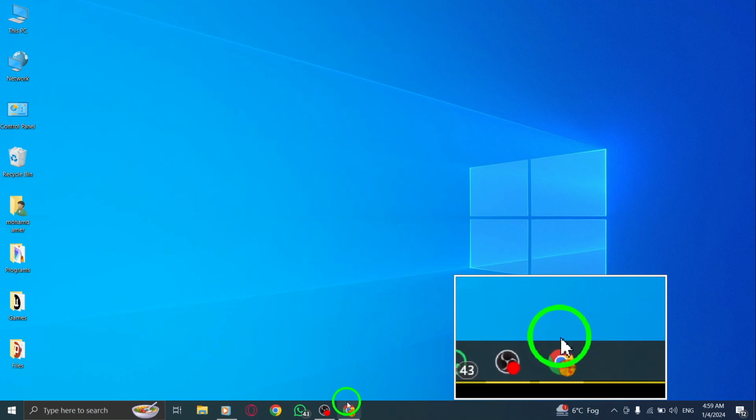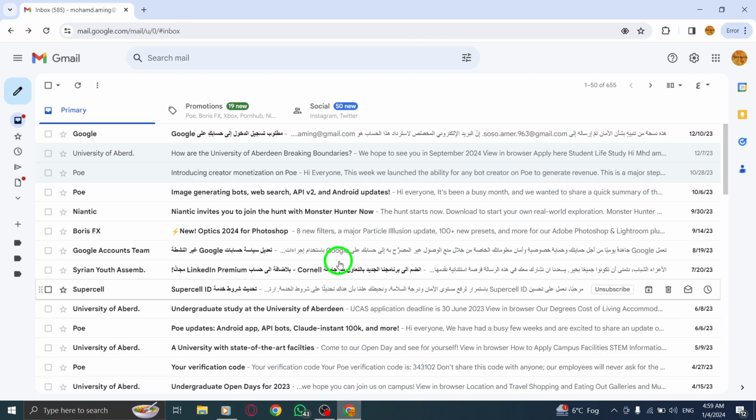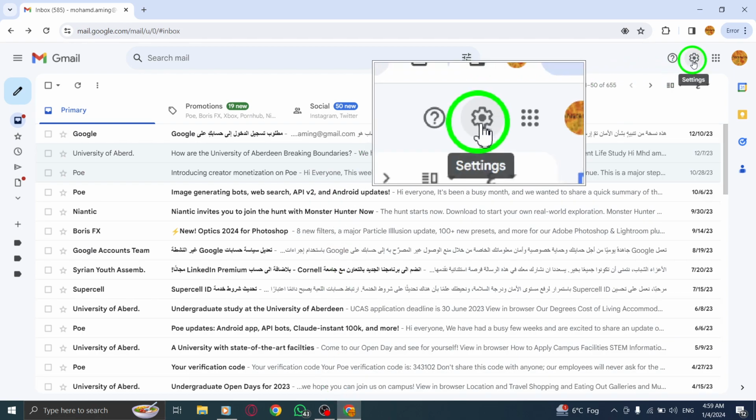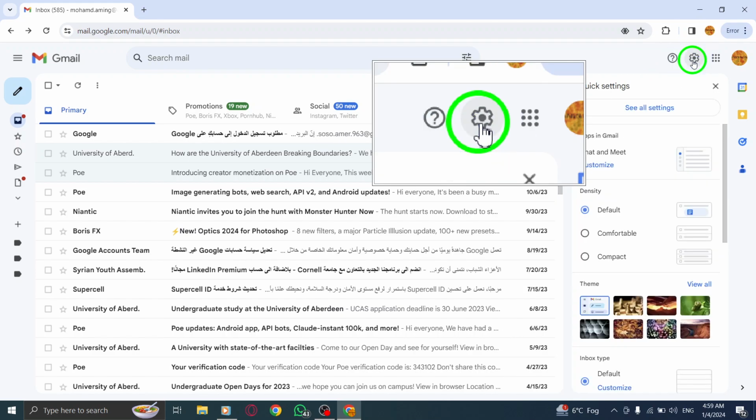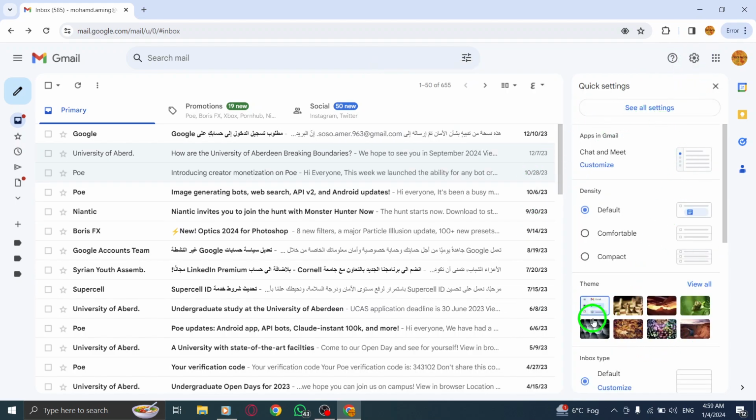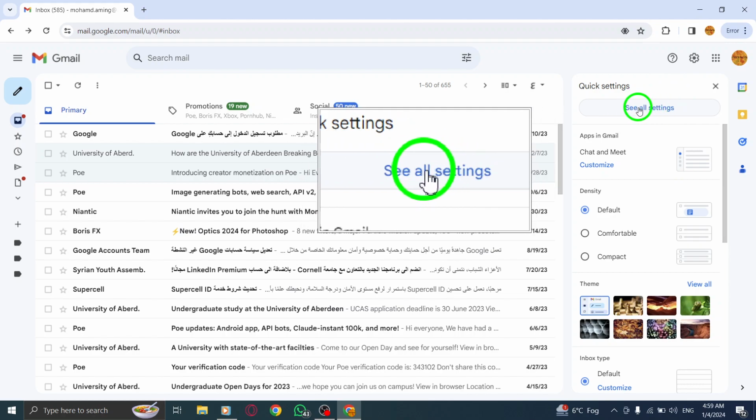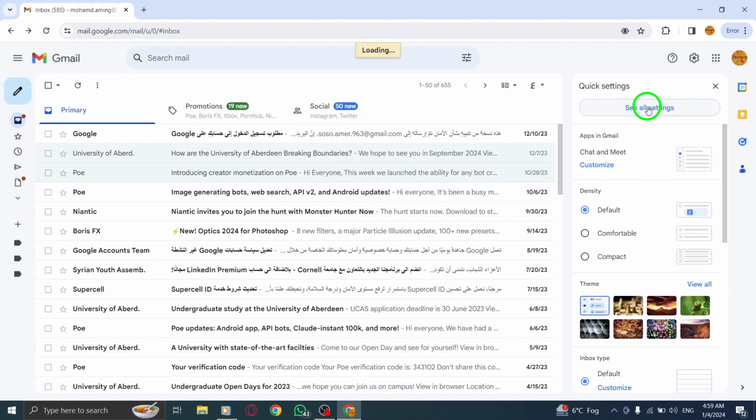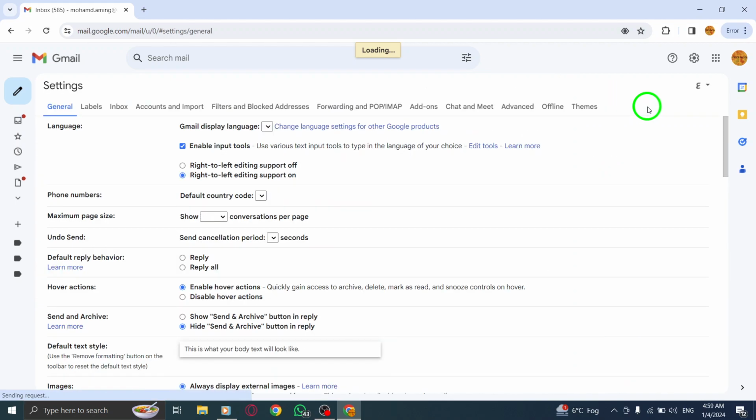Let's get started. Step 1. Open Gmail on your PC. Step 2. In the top right corner, click on Settings. This will open a drop-down menu with various options. Step 3. Select See All Settings. This will take you to the Gmail settings